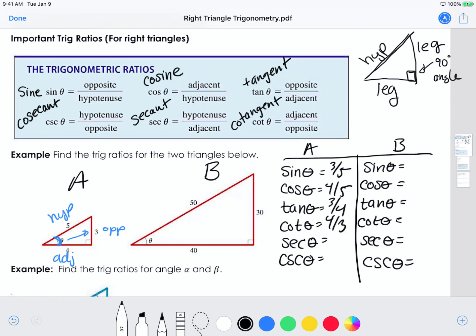The secant is defined as the hypotenuse over the adjacent, so that's going to be 5/4. And then the cosecant is defined as the hypotenuse over the opposite. So that would be